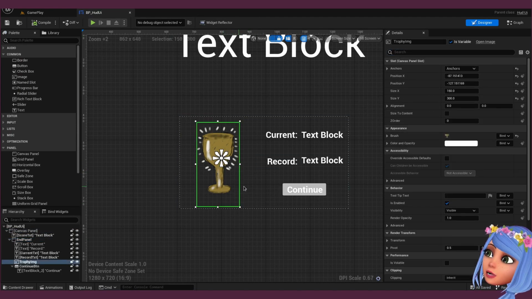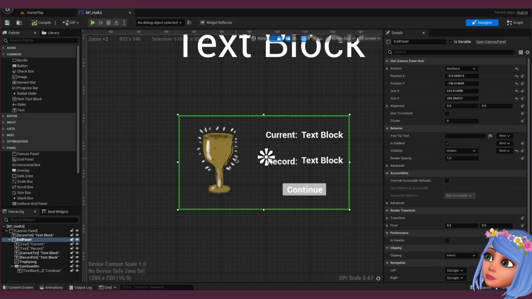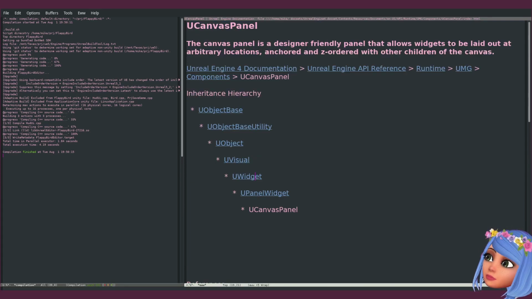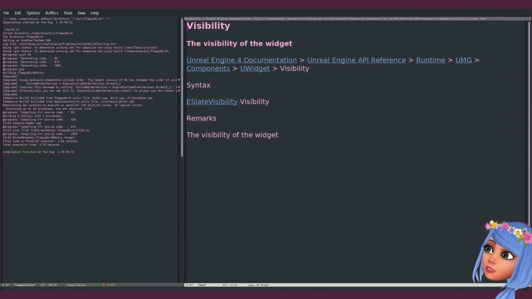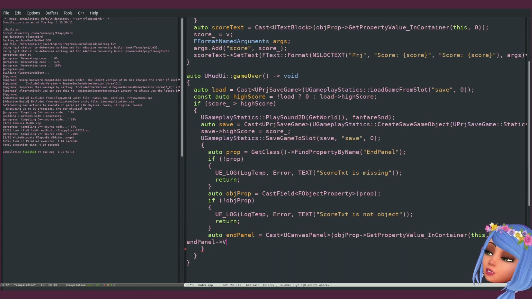I guess I'll. So end panel. End panel. Canvas panel. Okay, and panel. Set visibility. Visible. Isolate visibility visible. So visibility equals visible.